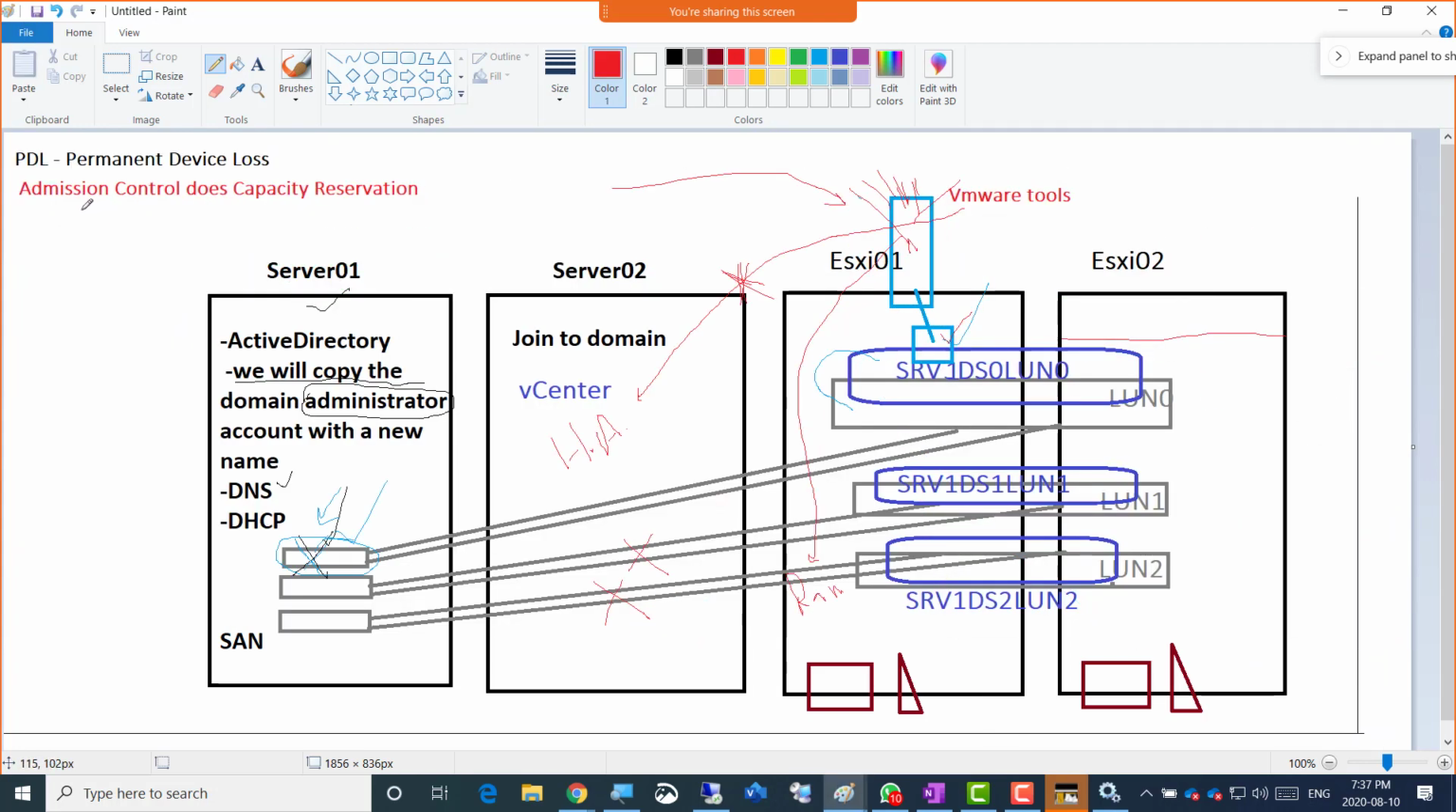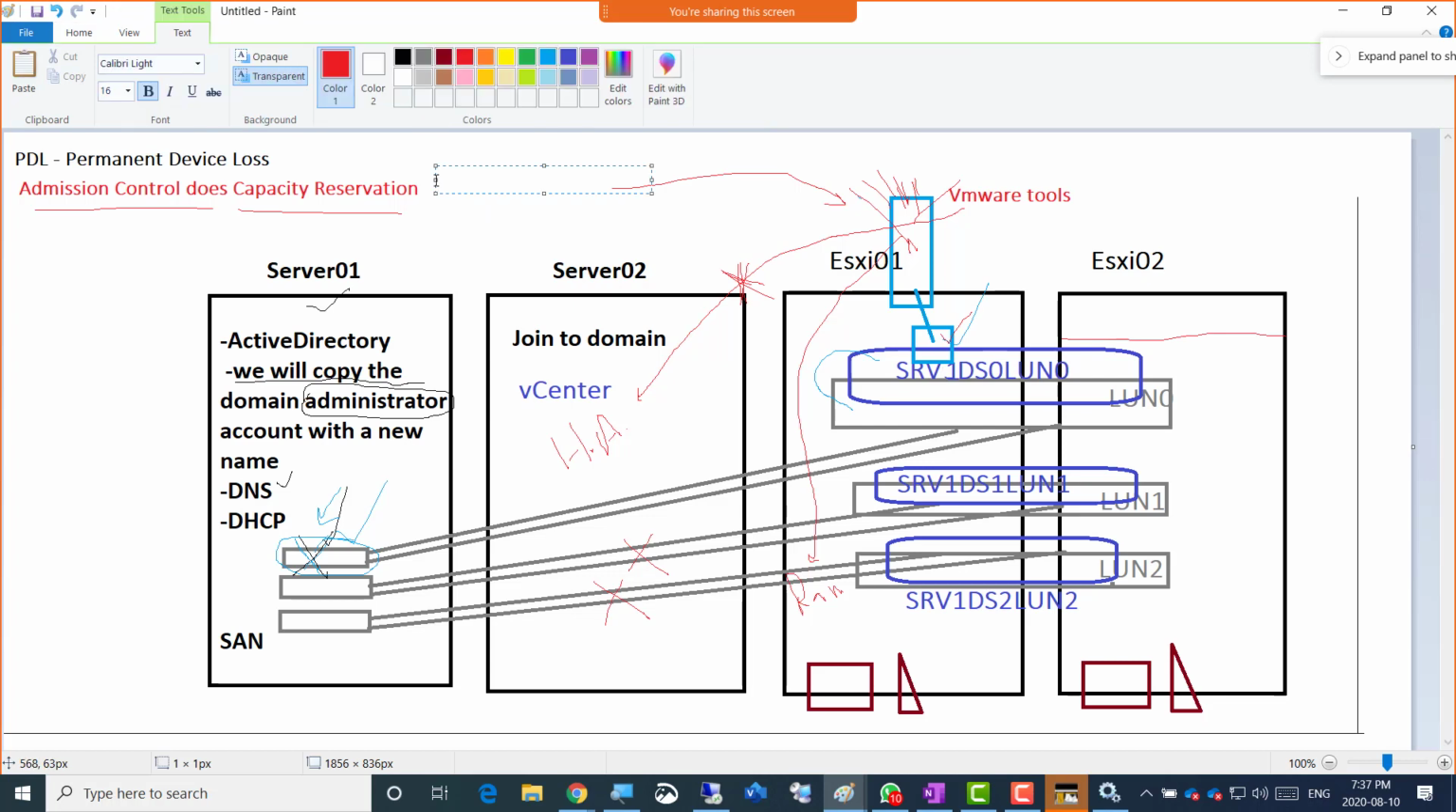And the main word would be admission control does capacity reservation, and you reserve the CPU and RAM capacity. So we reserve CPU and RAM up to a certain percentage to accommodate the VMs of the crashed host,